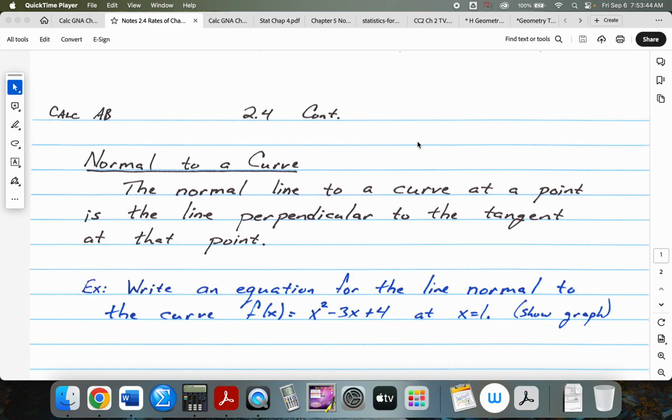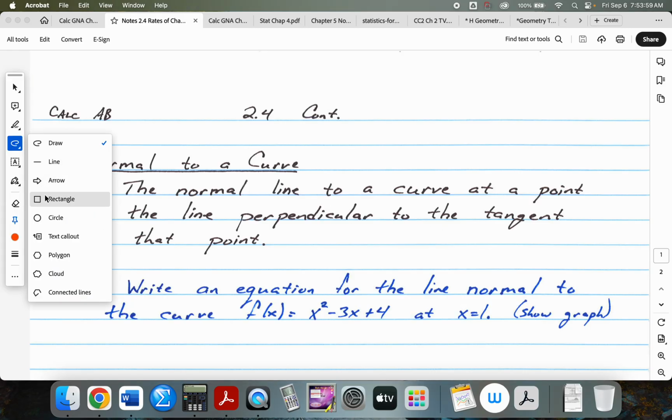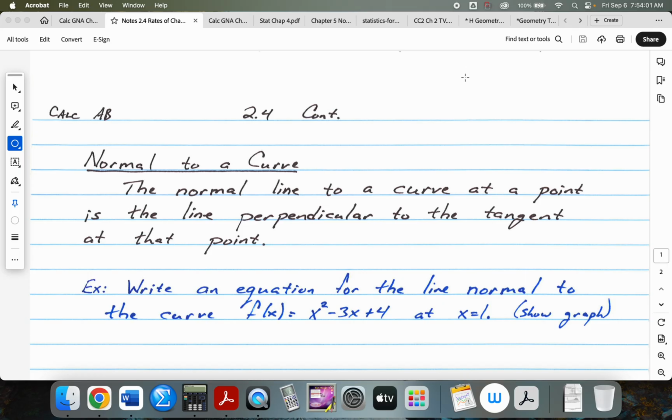So, all right, normal to a curve. We talked yesterday about finding the line tangent to a curve. Normal to a curve is the line perpendicular to the tangent line. So going back to as we did yesterday, if you look at a circle,